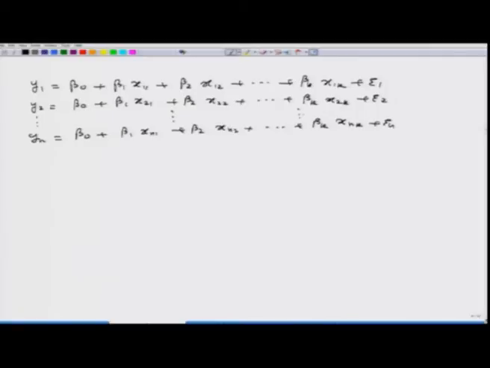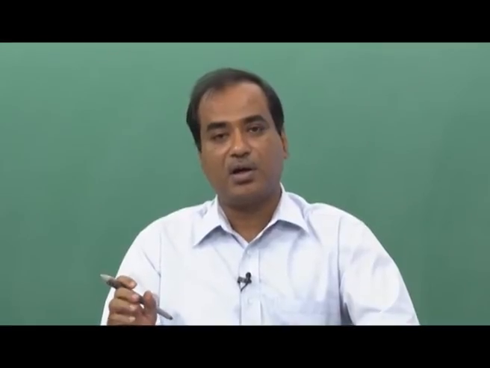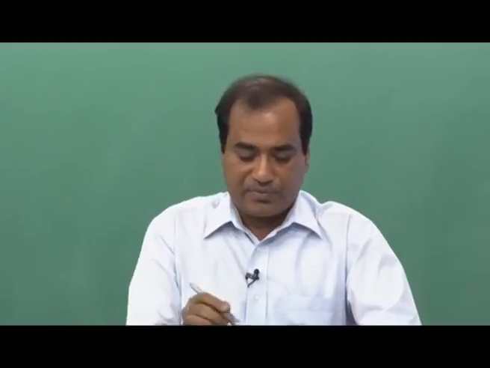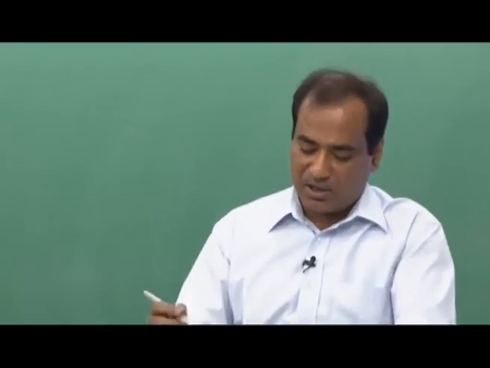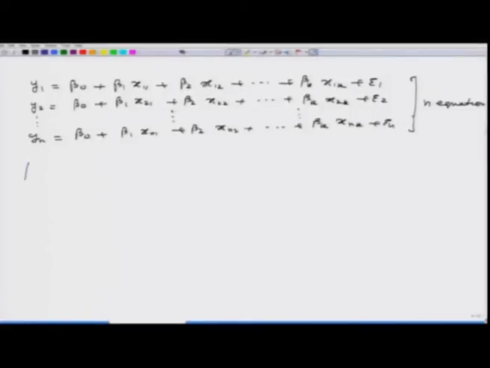Right. So, essentially if you see here, we have got n equations. Now, these n equations can be expressed in the form of vectors and matrix. So, we can write down these n equations as follows. Let us try to define here a vector of y1, y2, yn, and this is equal to. So, we define here one matrix, and here we define a vector beta 0, beta 1, beta 2 up